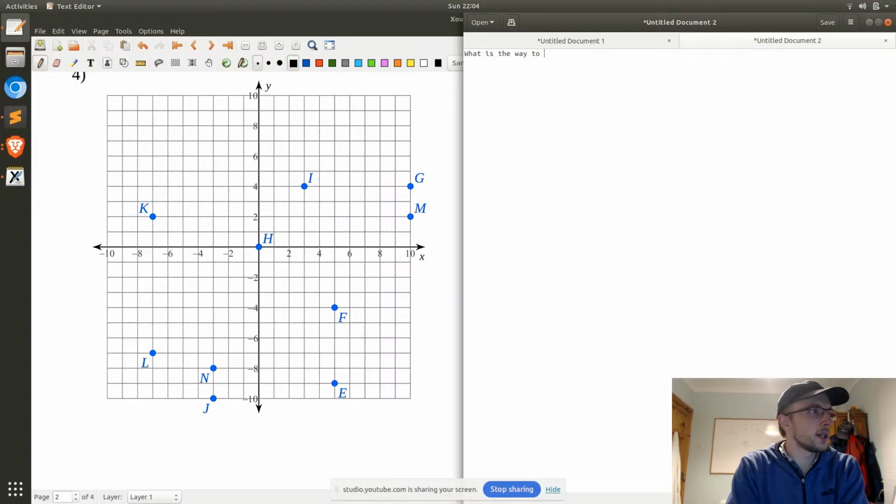What is the way to say, we would say 3, 2 is in quadrant